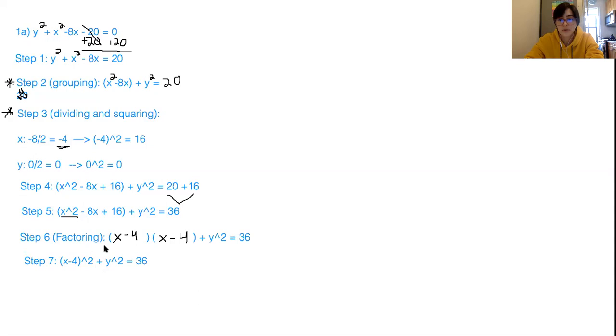Okay, so those 7 steps are always the same. For 1B, you're asked to find the center and radius, the center and radius based on this equation. So before we can solve for that, we need to think back to what is the circle equation. The circle equation we learned in week 3 is x minus h squared plus y minus k squared equals r